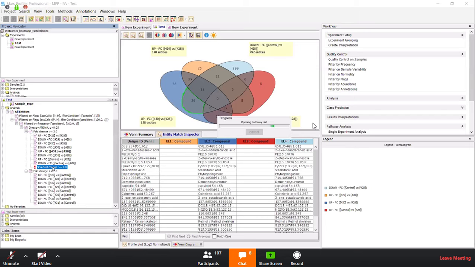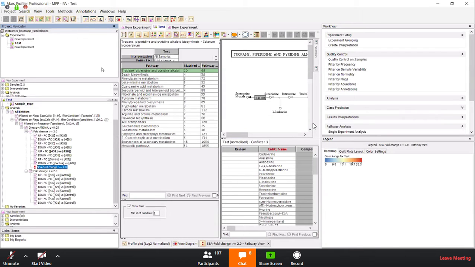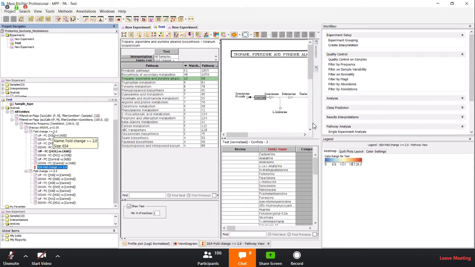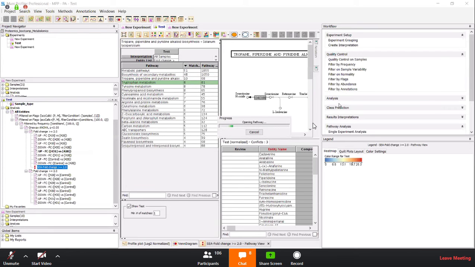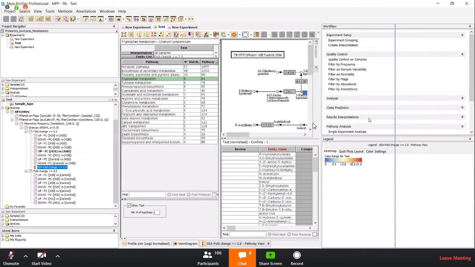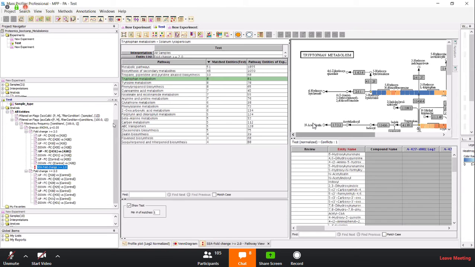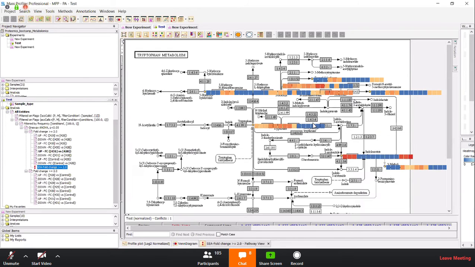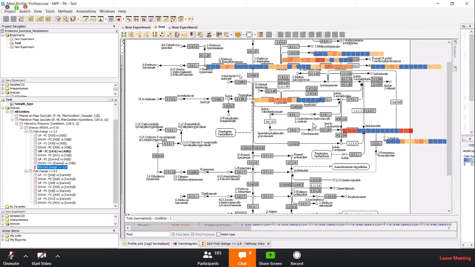So when you look at these pathways, this is the number of pathways which are matched to this particular list. So first I will do differential analysis, upregulation and downregulation. And if you see now, some of these pathways are matched. So I'll just zoom into one of these pathways so that you can see better. So if you look at these pathways, all these are the entities which are matched here.